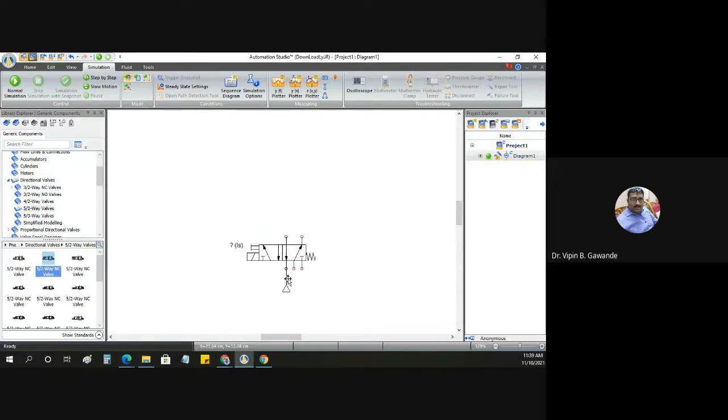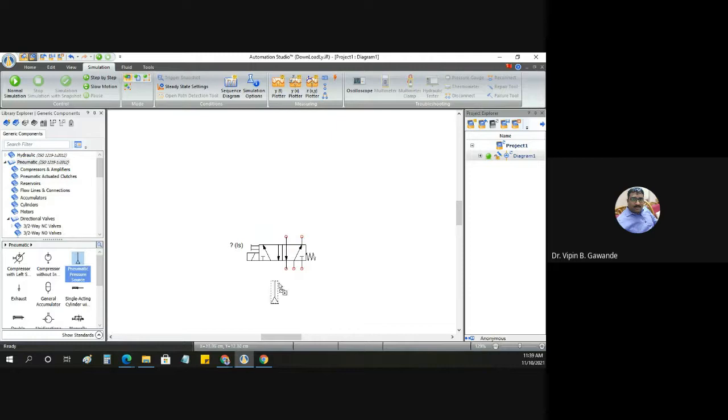Now, sorry, it is connected to the pressure source. The pneumatic pressure source you have to connect in the middle, and then there are two ports again. At these two ports you have to connect the exhaust: here exhaust one, and here exhaust two. So there are two exhausts at these two points, and in the middle we have the pneumatic pressure source.